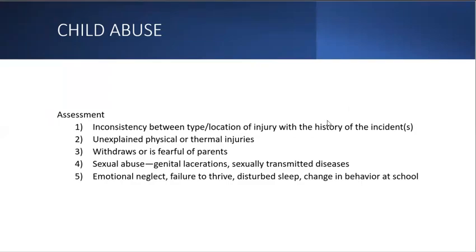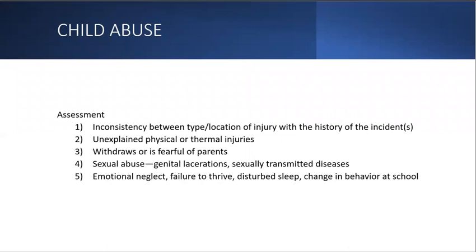Welcome to today's NCLEX content review class, and today we'll be looking at abuse and neglect, and we'll be kicking off with child abuse. What's child abuse? Child abuse is intentional physical, emotional, even sexual misuse or sexual trauma, or even intentional omission of basic needs. When the child is neglected, usually it's related to a diminished or limited ability of the parents to cope with or even provide for or relate with their child.